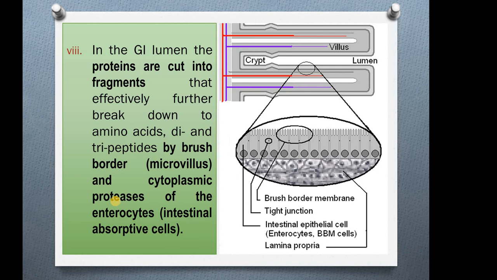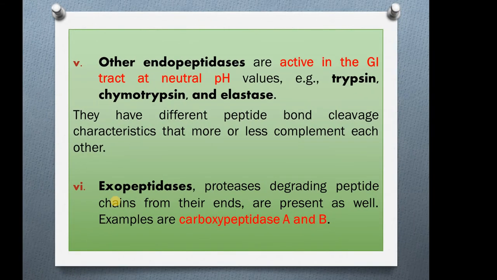In the GI lumen, the protein are cut into fragments that effectively further break down to amino acids, di and tripeptides by brush border, the microvillus, and cytoplasmic proteases of the enterocyte, اللي هي intestinal absorptive cell. So in general احنا عندنا داخل ال GI tract راح يتكسر البروتين. Other endopeptidase active in the GI